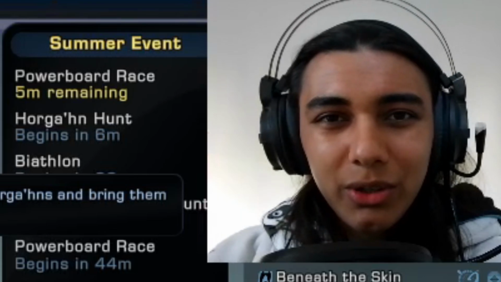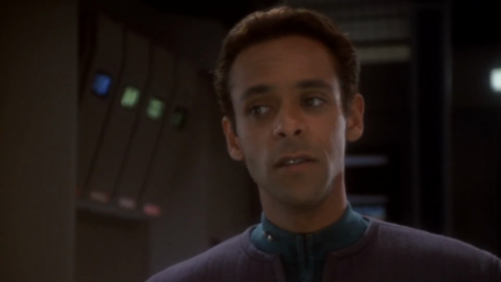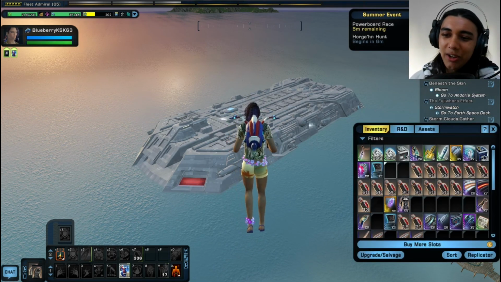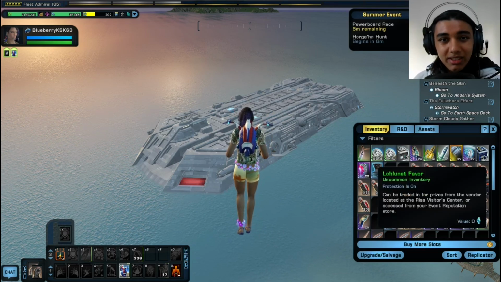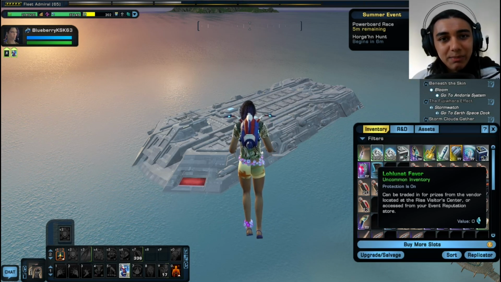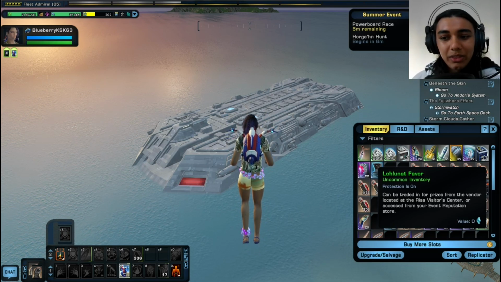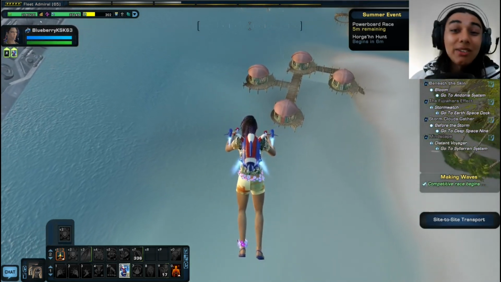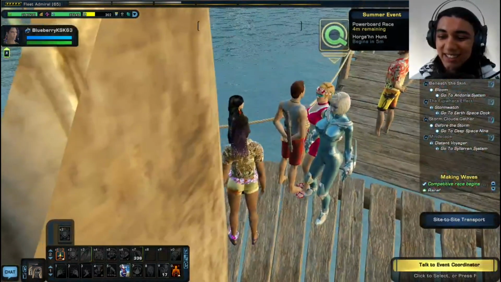I forgot to talk about why you're doing the activities. So those items I mentioned, the Prismatic, Risian Floater, and the Powerboard, are bought with items similar to the Winter event, items that serve as currency specifically for this event. In this case, the Lohlunat favors, which are earned through the events. There are some activities that you could do outside of this cycle, such as...